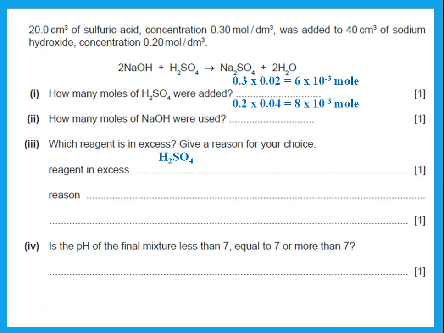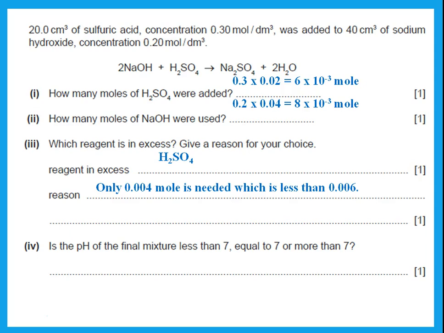So sulfuric acid is the one in excess because if the sulfuric acid is 6, then the sodium hydroxide should have been more than that. So what we have in sodium hydroxide is less. So sodium hydroxide is the limiting reagent and sulfuric acid is the